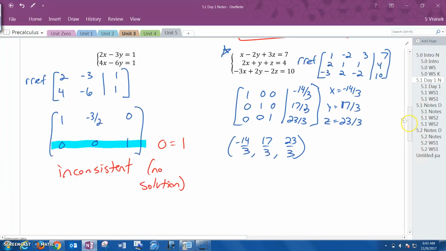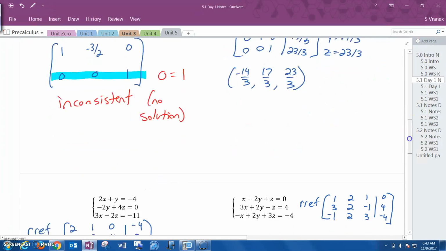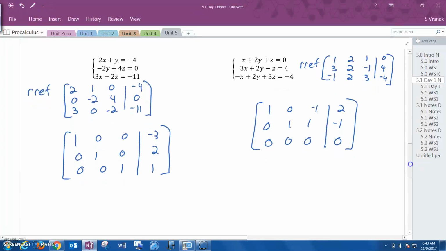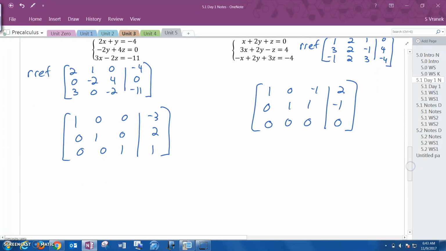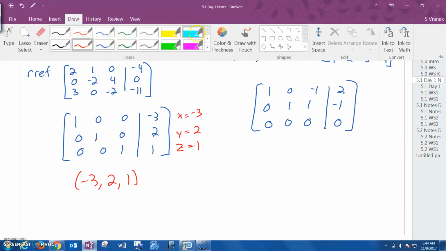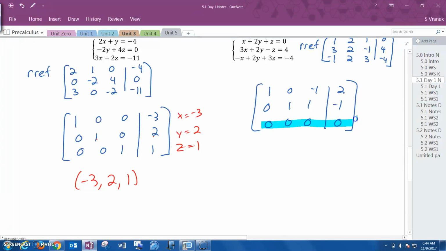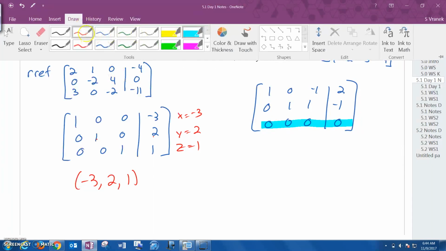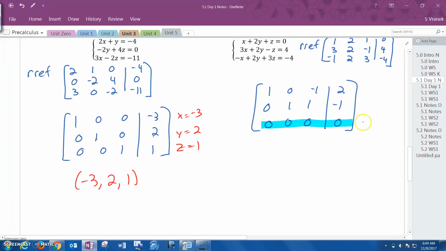So that's number 4. Number 5, I have to hurry now. I realize my video is kind of long. Okay. Number 5 and 6, you can write these two things down. This one's a straightforward x equals negative 3, y equals 2, z equals 1. So our answer is negative 3, 2, 1. Here is like number 2. We all of a sudden have 0 equals 0, except with 3 by 3. So we have, it's dependent,